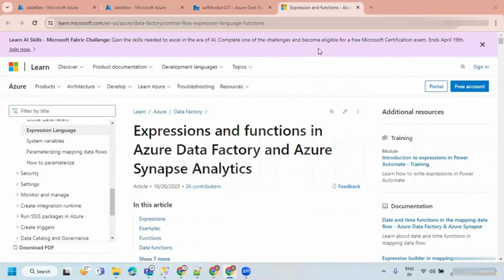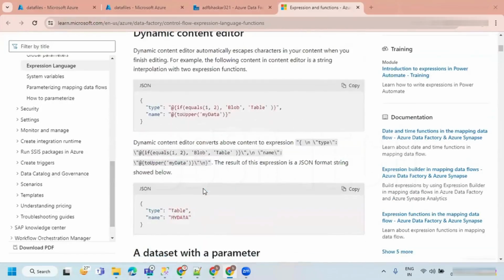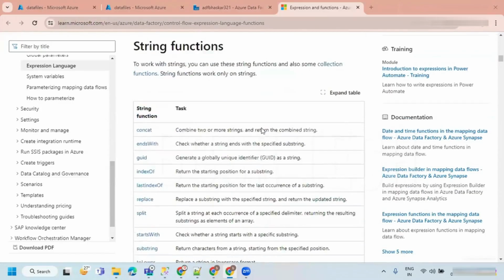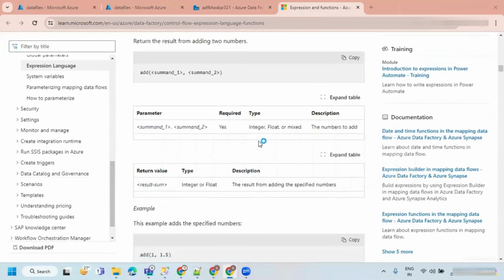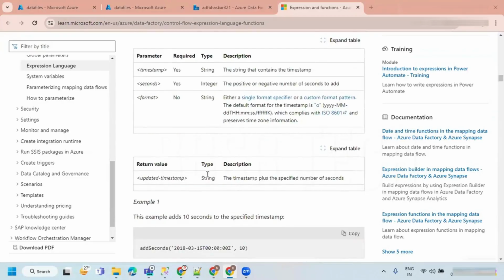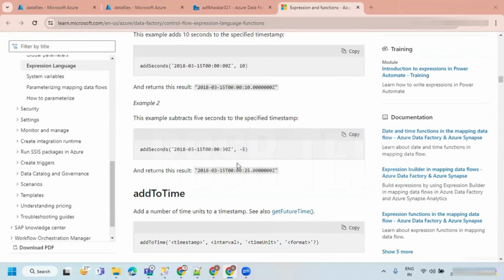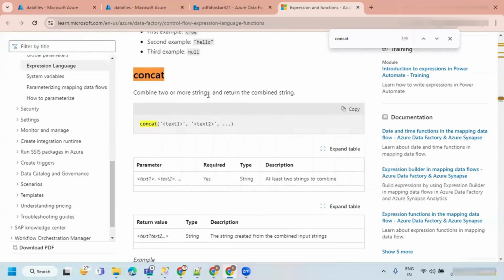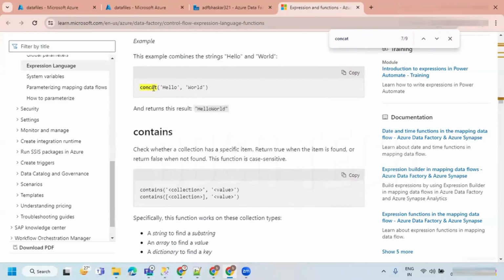All the functions are there here. So a list of functions is available. Whatever is required, I'm going to take it through, but a few of them you have to take from your side. With an example, let's say concat. Control F, concat. It combines two or more strings and returns the combined string. The syntax is there and an example is there.